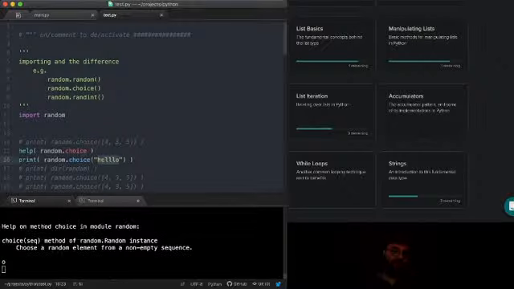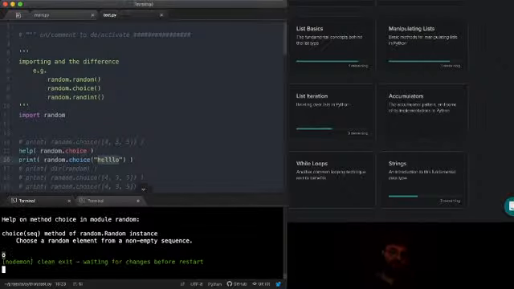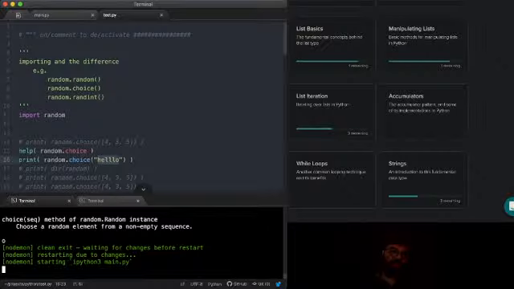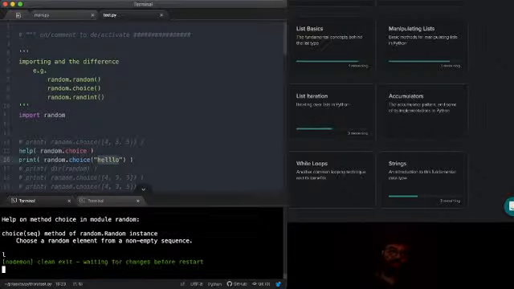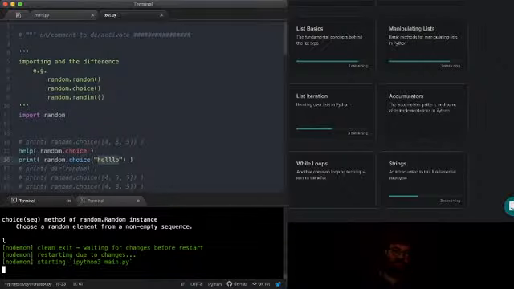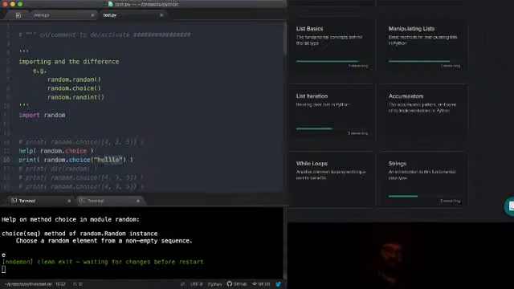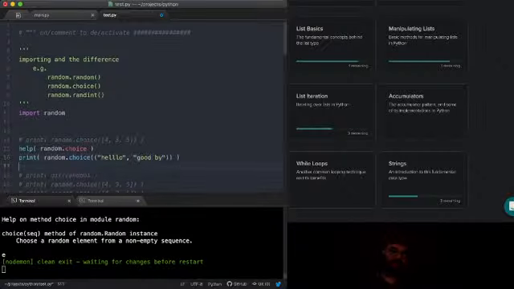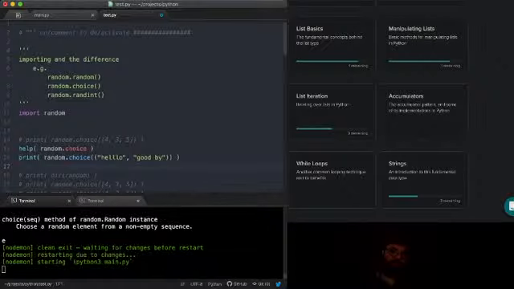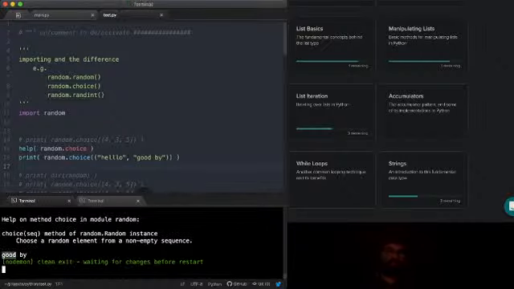Nope, we got an O. If I run this with this string, you can see I'm going to get a different character every time. You might think, well, maybe a tuple is a sequence. So maybe if I say hello and goodbye. It's going to give me goodbye this time. I'm running the help on random.choice every time.